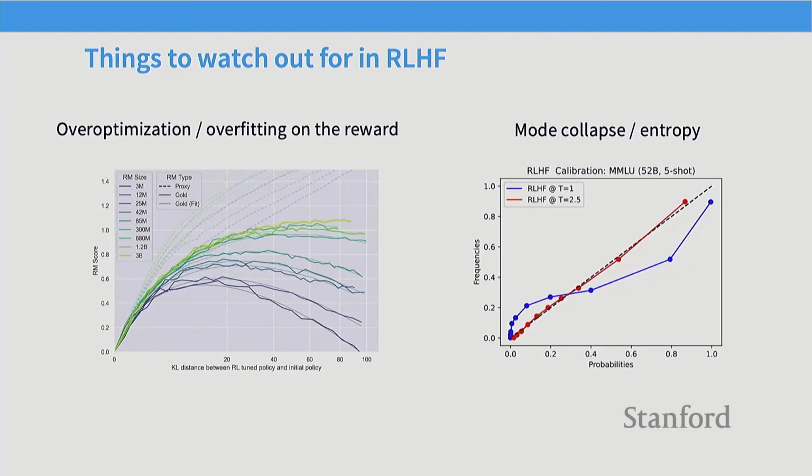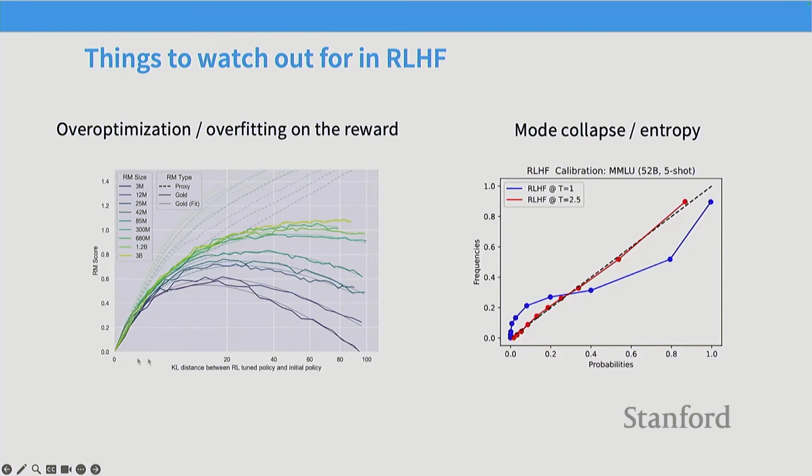Okay, so the last thing I want to end with for RLHF is two important things. And one of them will really just motivate, I think, the entirety of today's lecture. So I think that's important. So the first thing is over-optimization. So in some sense, this is just overfitting in fancier naming, but it is a term that I think is very important because what it's saying is essentially as you optimize your policy more and more,